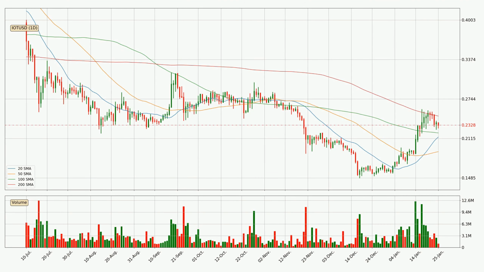Jumping to the daily simple moving averages, the price broke the 200 SMA to the downside, but the volume wasn't very high, which means it is not a very strong signal. At the moment, the price is between the 100 and the 200 SMA. If the price bounces off the 100 SMA, which is currently at 22.0 cents, it could be seen as a support, and the 200 SMA that is at 24.7 cents could be perceived as a resistance to the upside. If there were to be a break either way, it means that there could be a continuous move in that